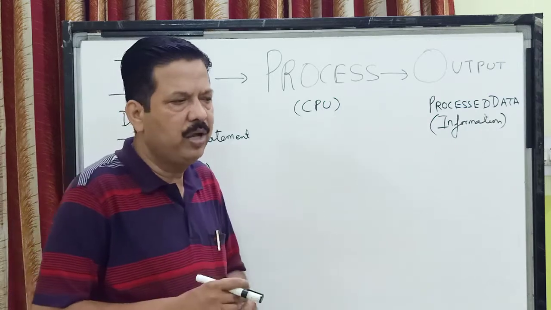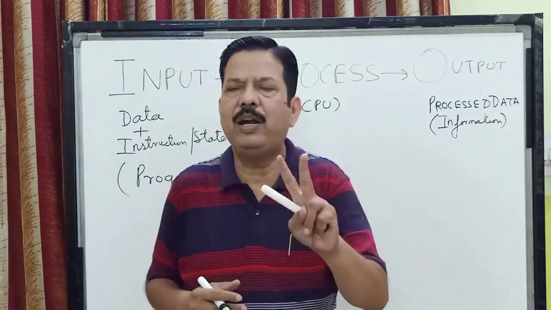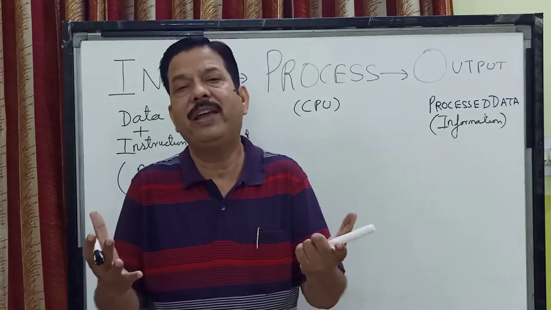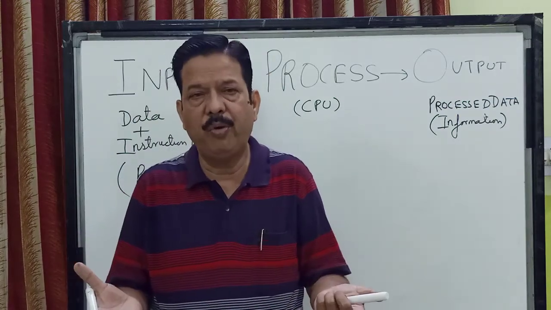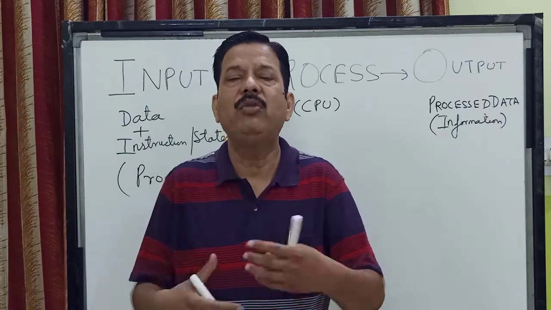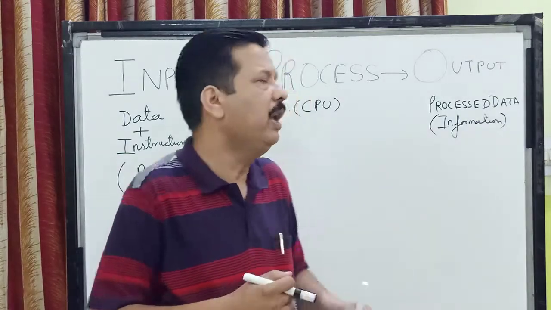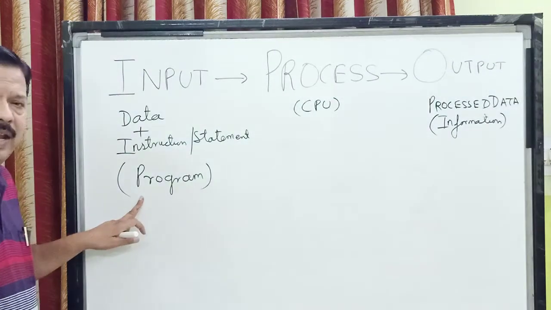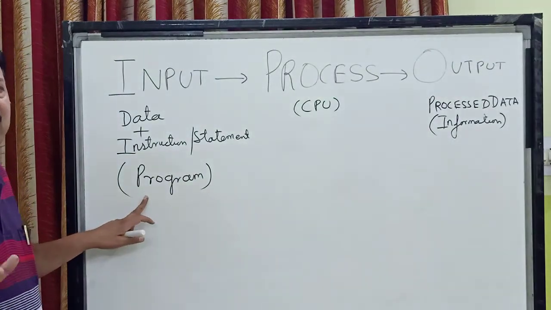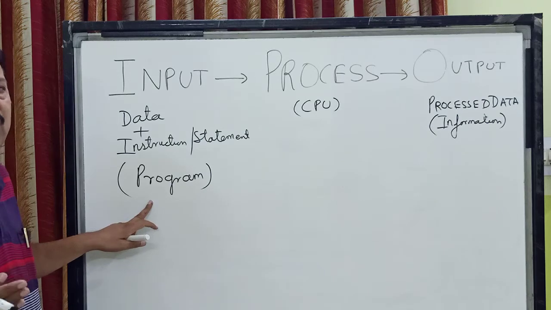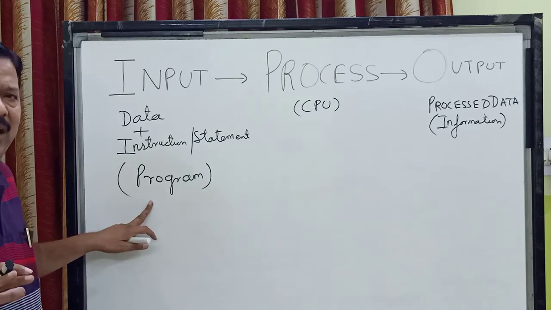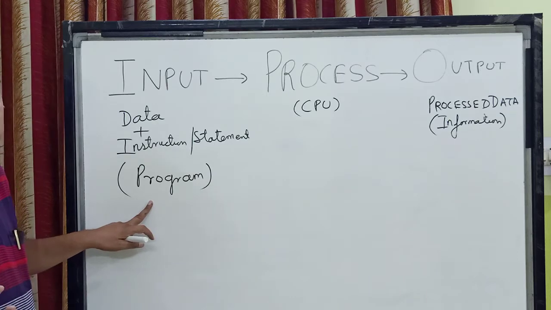So children, in a computer, there are 2 phases of a program. First is writing a program, and the second phase is executing your program, which is when you are running your program. So a program is a set of instructions in a computer language given to the computer in a particular order to carry out a particular task, and it may also contain some raw data which is to be processed.